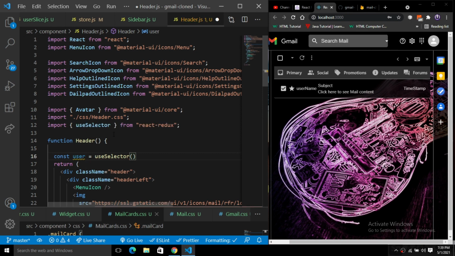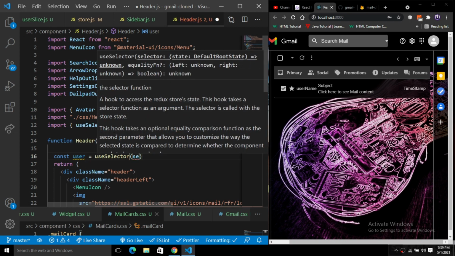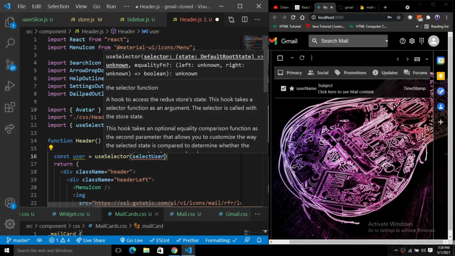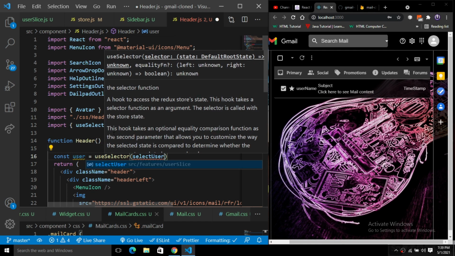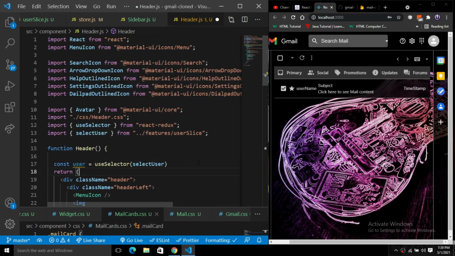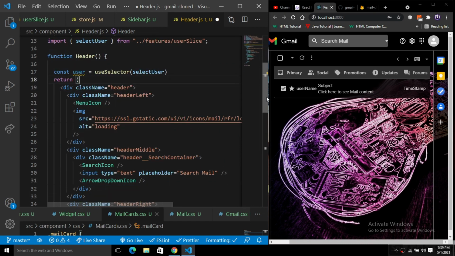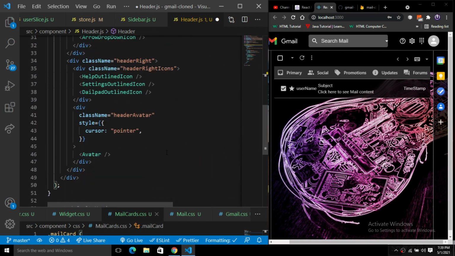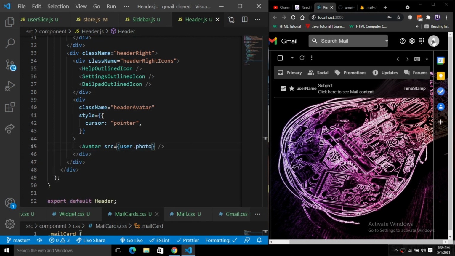Here in useSelector we simply pass selectUser. Now we can use this. We have this avatar, and inside of this avatar we have a source, and just put the source to user.photo, and now save this. You will see the image is also updated there. Now we are done with this.